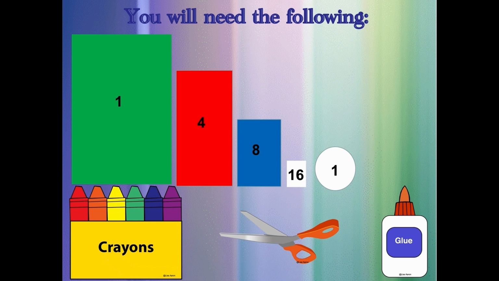And then a circle, which is his face. Use your crayons and color the face you want on it. And of course you'll need scissors to cut the shapes out, glue them as you see in this lesson. You're going to enjoy this lesson. It's going to help you learn about liquid measurement.